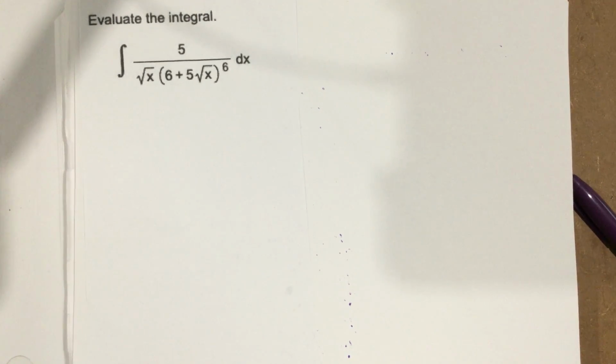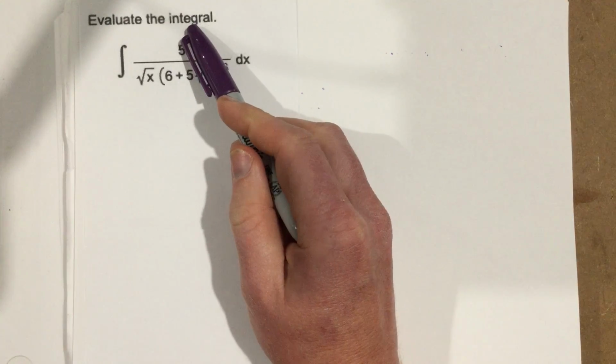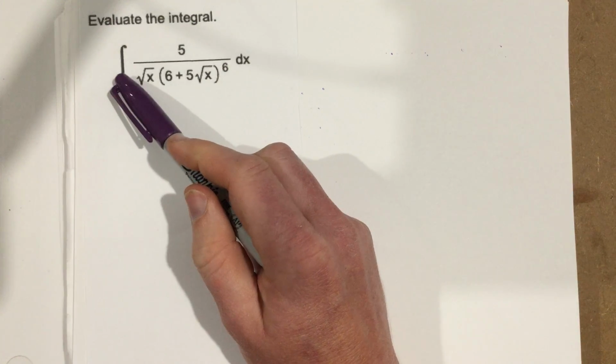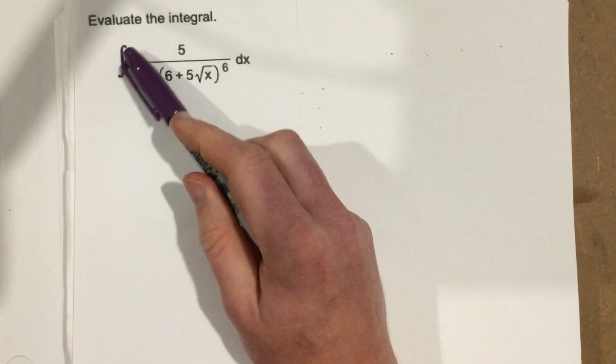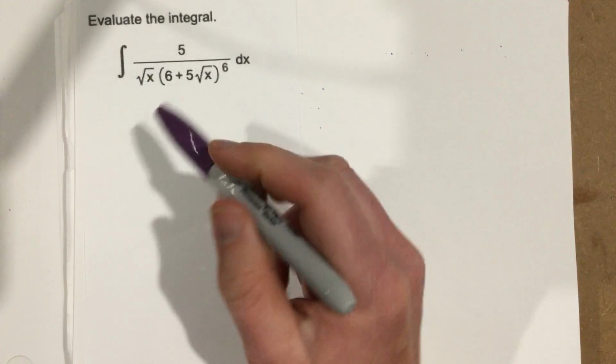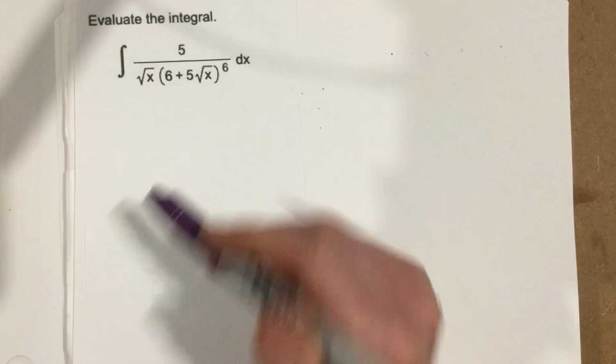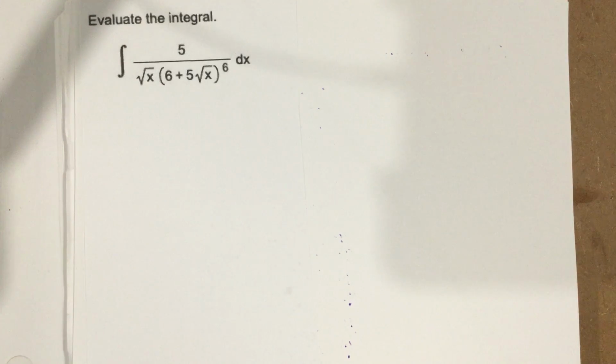This is problem number 3 for assessment number 8. It asks us to evaluate the integral. And you'll notice this integral is an indefinite integral. It doesn't have any parameters here or any endpoints for us to plug in. So when we do this integral, we're going to end up with plus c. It's something to keep in mind that we'll have to write plus c at the end of our